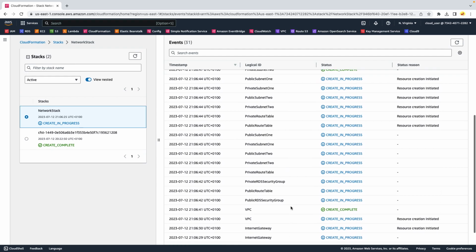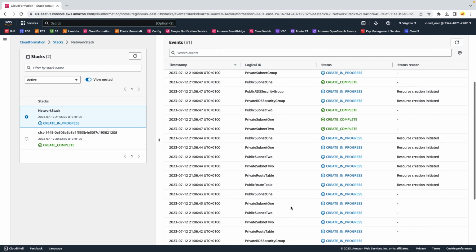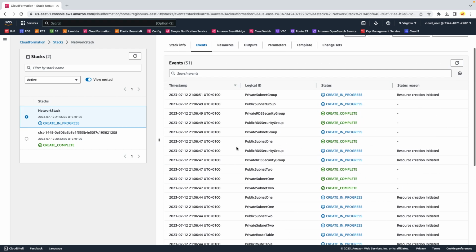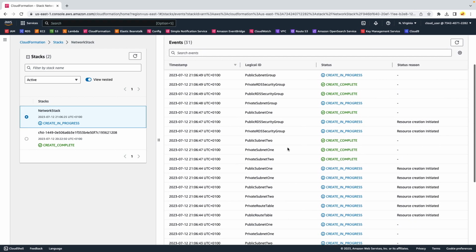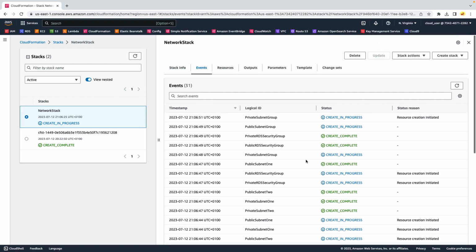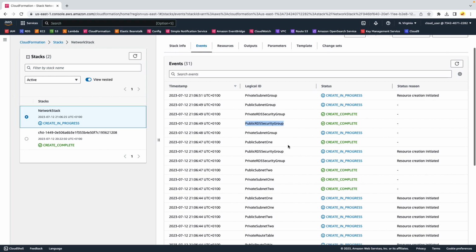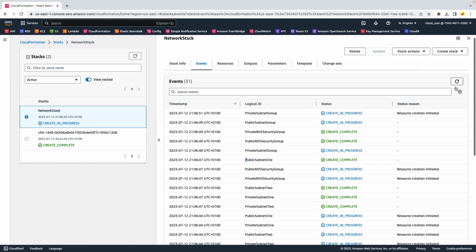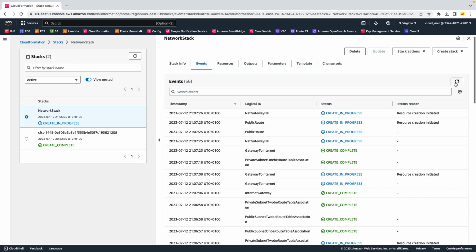So here it's creating the Internet Gateway. We have two pairs of subnets, a pair of public subnets and a pair of private subnets. We have as well a private RDS security group and a public security group. Public route, NAT gateway,